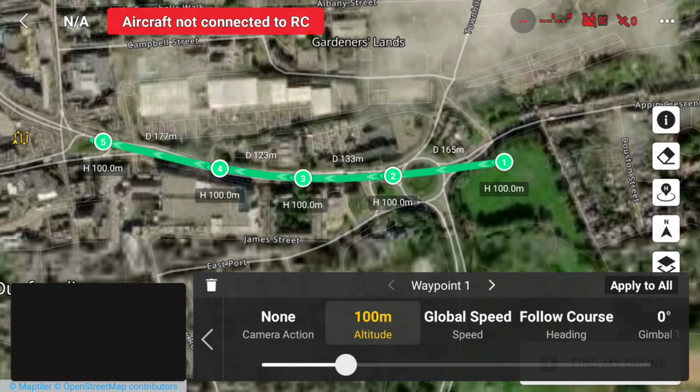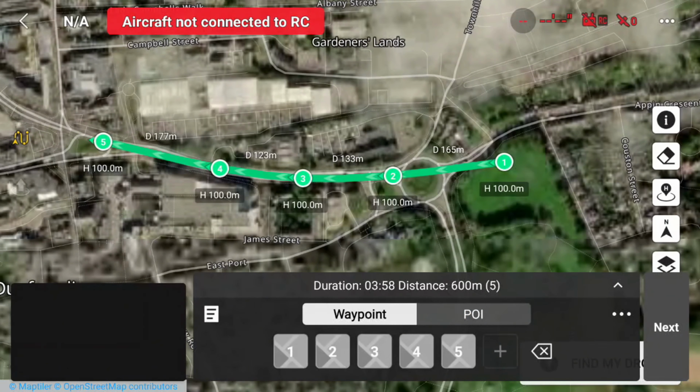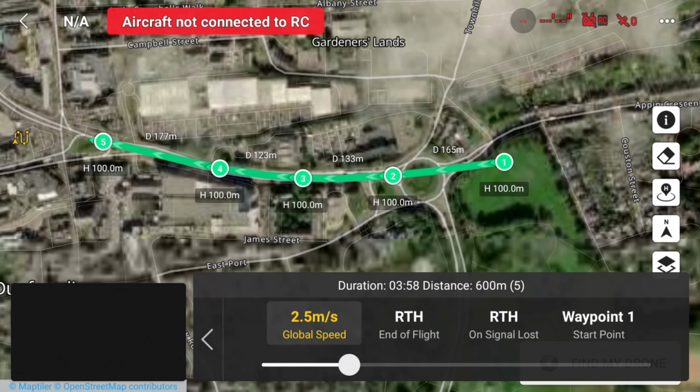We now need to look at adjusting the speed for our Waypoints mission, and to do that we need to tap on the back arrow in the little Waypoints menu. We then need to tap on the 3 little dots in the top right of the Waypoints menu, and that brings us to this. You'll see at the top of this menu you've got the duration of the Waypoints mission, the distance, and how many waypoints there are in the brackets. We'll use a slider bar to adjust the global speed for this mission, and we'll put it down to 0.6. You'll notice when we do that the duration for this mission jumps all the way up to around about 16.5